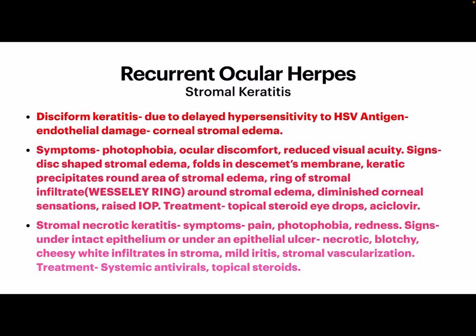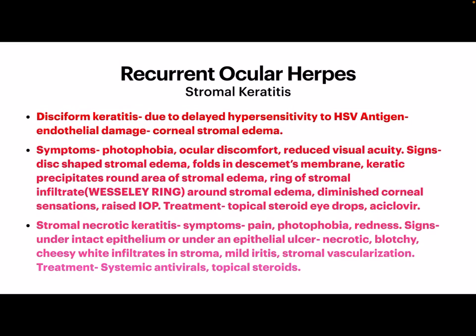And when endothelial damage comes, there are no active pumps now to prevent the aqueous humor from entering the stroma of the cornea. I already told you the cornea's biggest layer is the stroma. 90% of the cornea consists of stroma. So there's nothing preventing the aqueous humor from entering the stroma now. And when that happens, there will be stromal edema. So this stromal edema will lead to the formation of disciform keratitis. Now it has a slightly different form of signs, which we will see.